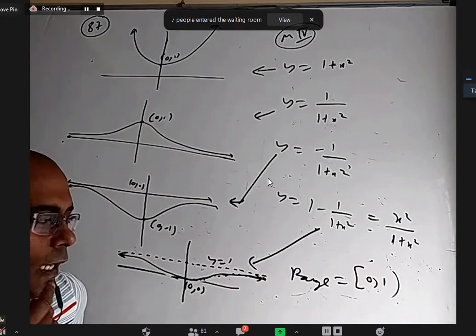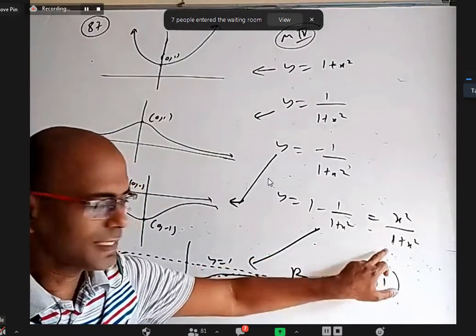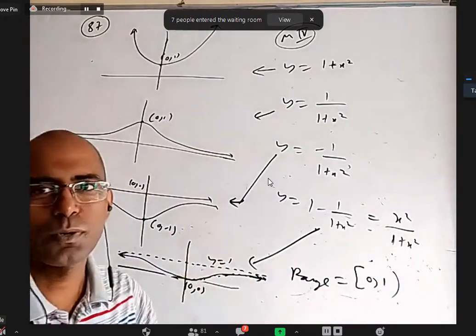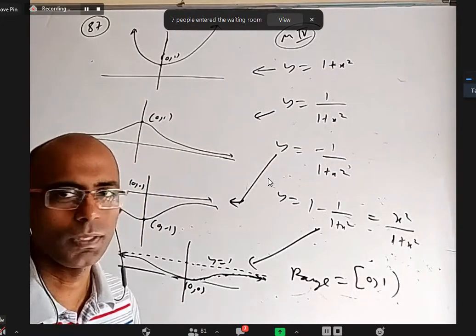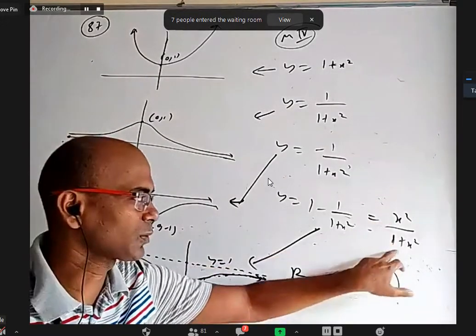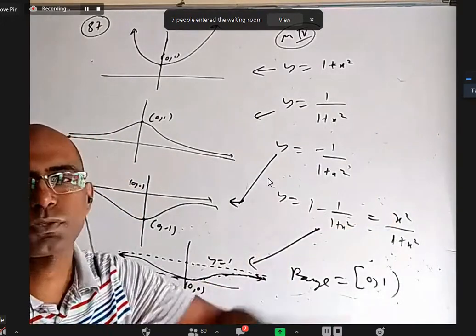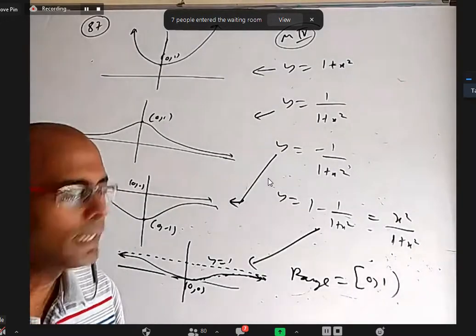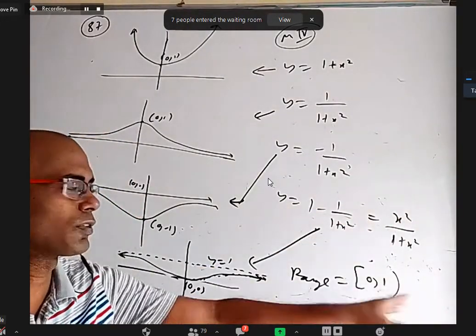Yeah, very good. See, numerator is 1, less than the denominator. Whatever it is, numerator is less than the denominator. So something less divided by more will obviously be less than 1. And it can't be equal to 1 also. And moreover, x square is always positive. 1 plus x square is always positive. And it may be 0. But numerator positive, denominator positive, so the ratio must be positive. It can be 0 also. It should be greater than or equal to 0. And because numerator is less than denominator, it should be less than 1. So that's it. Closed 0 to open 1.